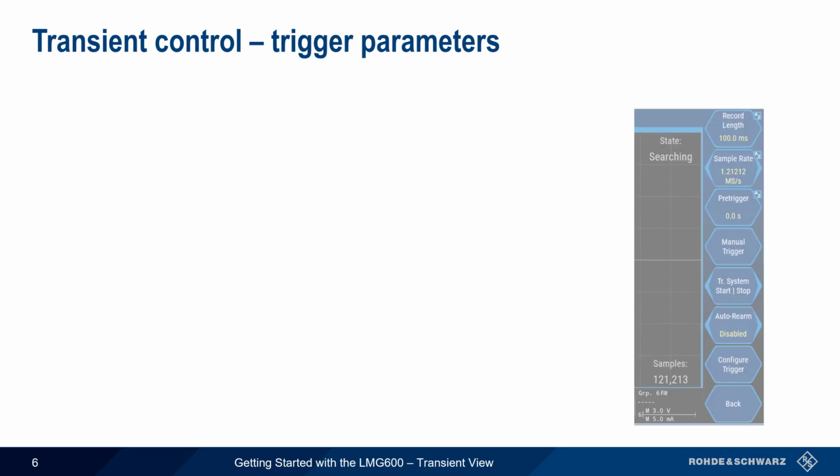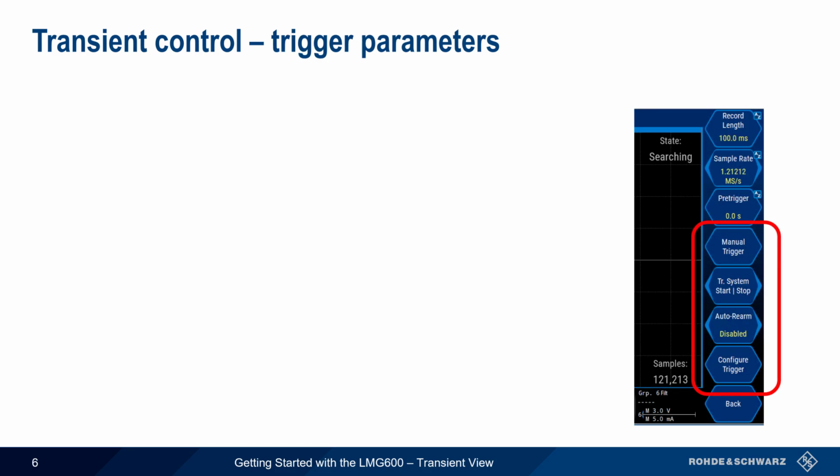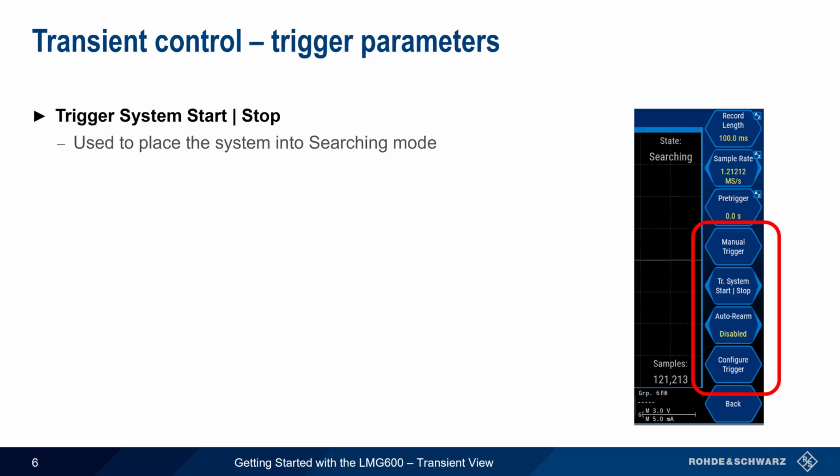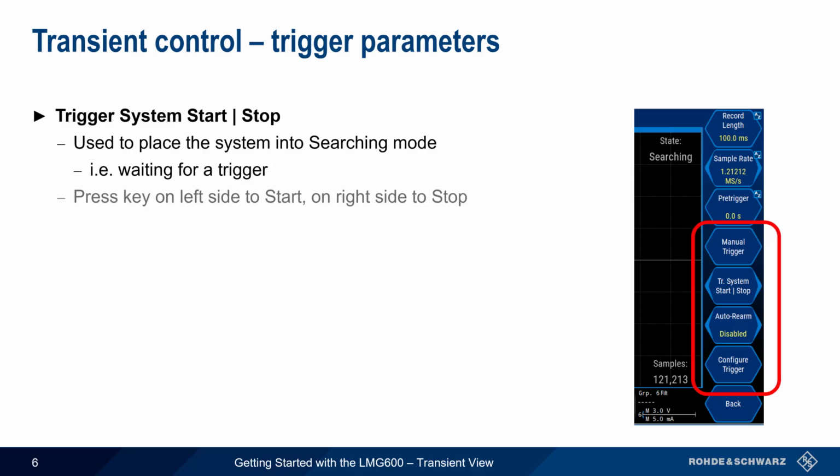The next group of settings under Transient Control are related to the triggering system. The Trigger System Start-Stop button is used to place the system into searching mode, that is, into a state where the system is waiting for a trigger event to occur. Pressing on the left side of this key starts the search, and pressing on the right side stops or aborts